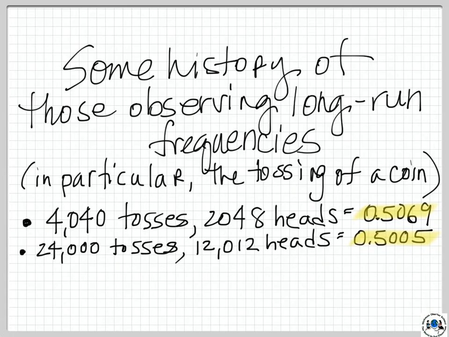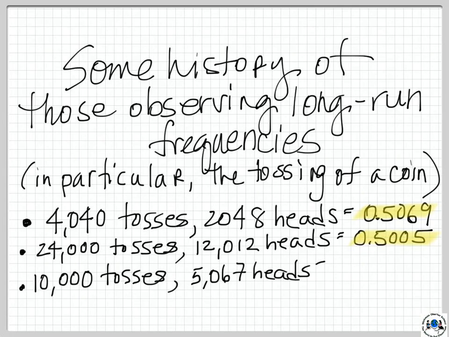All right, and actually these are kind of out of order, because this next one is a 10,000 toss trial, and that was during World War II, a South African mathematician, John Kerrich. He was imprisoned by the Germans, and he tossed a coin 10,000 times. I guess in prison it might be a thing you have time to do, and he got 5,067 heads for a relative frequency of 0.5067. But you can see right here, this longest trial, the 24,000 trial, actually yielded the relative frequency closest to a pure